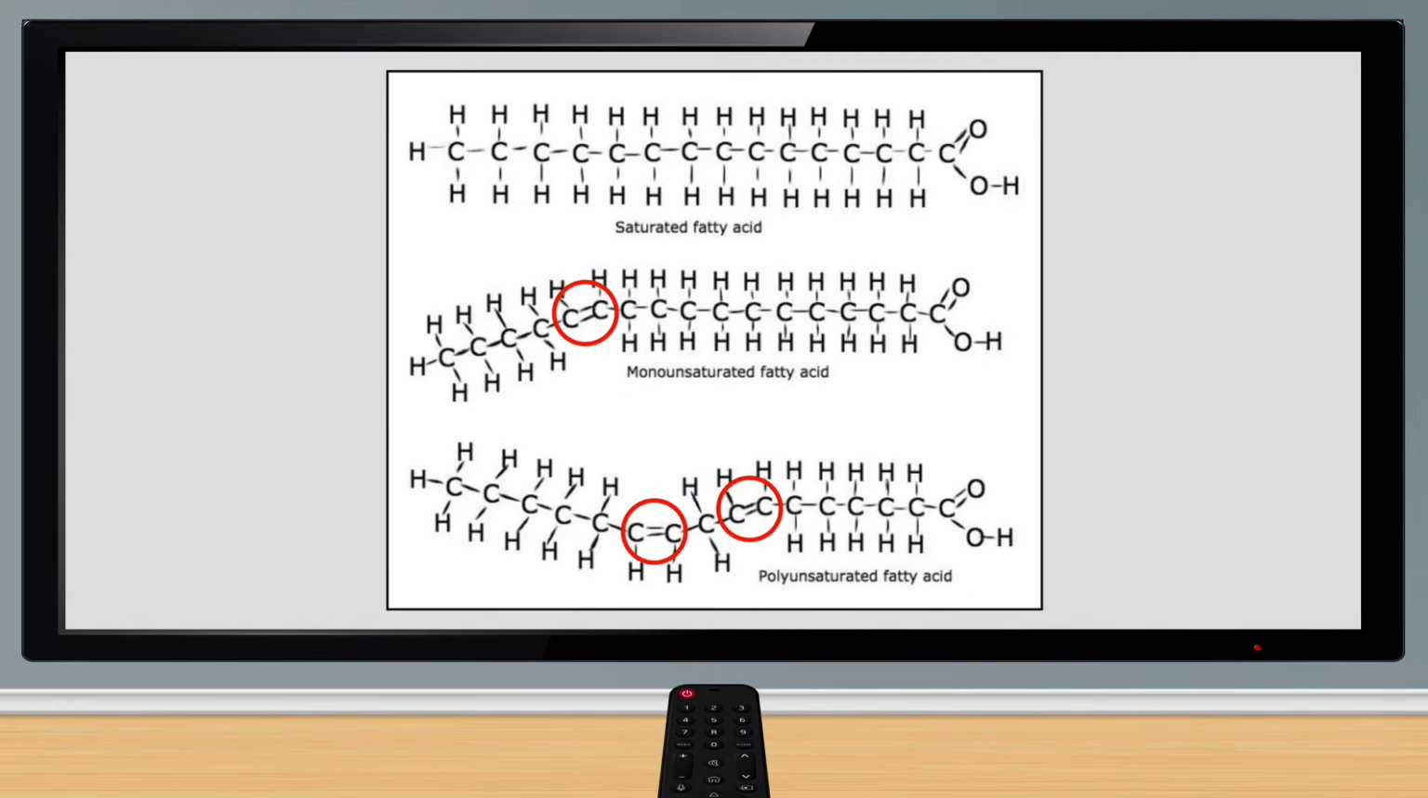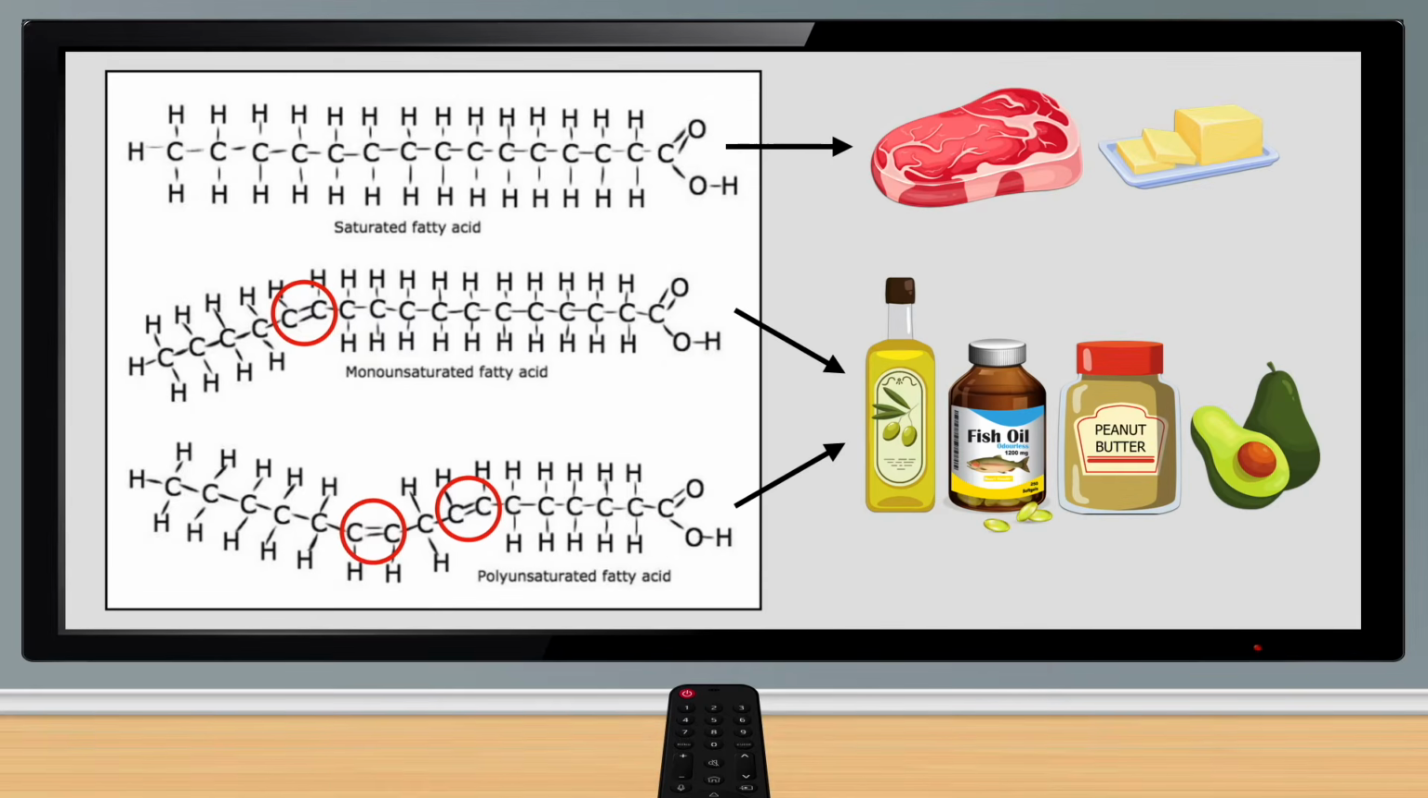Here's an image of the molecular structure for saturated fatty acids and unsaturated fatty acids. You can see how the saturated fatty acid has 0 double bonds between the carbon molecules. Then there are monounsaturated fatty acids, which contain a single double bond, and polyunsaturated fatty acids, which include more than 1 double bond. This slight difference impacts the melting point, so saturated fat is solid at room temperature and unsaturated